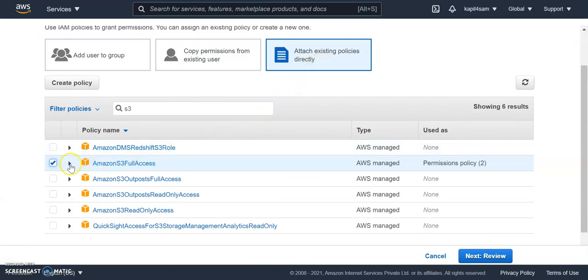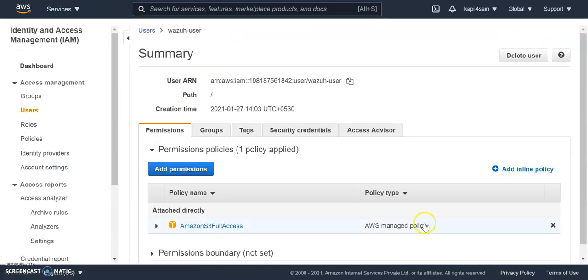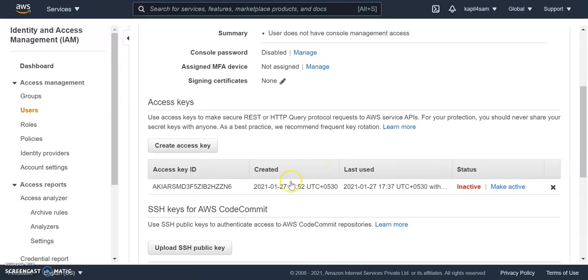For this demo I am not creating a policy, but I am attaching S3 full access. Just click on next, review and add permissions. Once we are done, you will see I have a Wazuh user and I have given S3 full access permissions. The next thing is to go to security credentials. Just make sure you have a security credential, so that you can access your S3 bucket using CLI